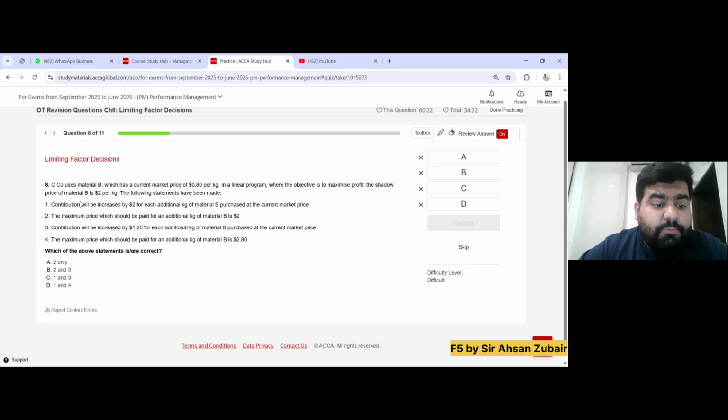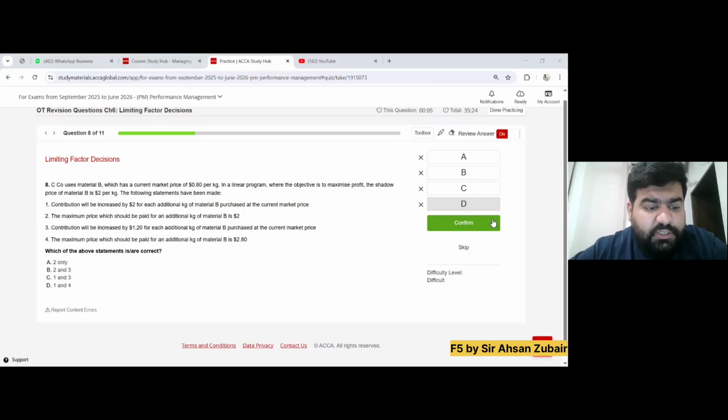If you see, contribution will be increased by $2 for each additional kg of B purchased at the current market price. So for example, if you are using additional B, contribution will be increased by 2. So wait a minute, because